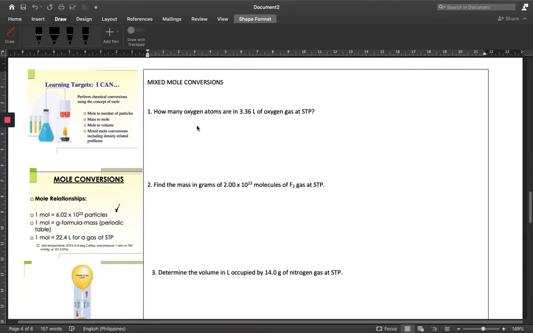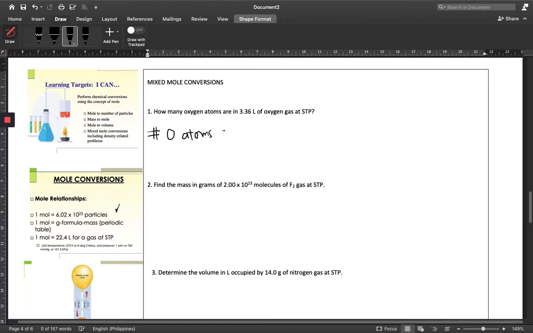Right now we will be applying different concepts in our mixed mole conversions. So take a look at the first example. We are asked how many oxygen atoms there are in 3.36 liters of oxygen at STP. So now we are counting how many atoms there are for oxygen. Number of O atoms